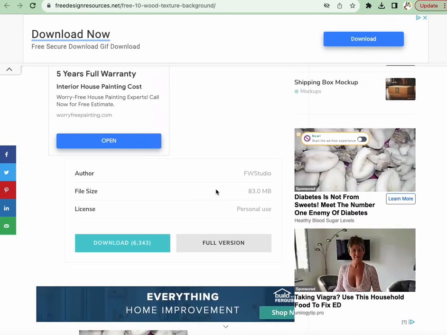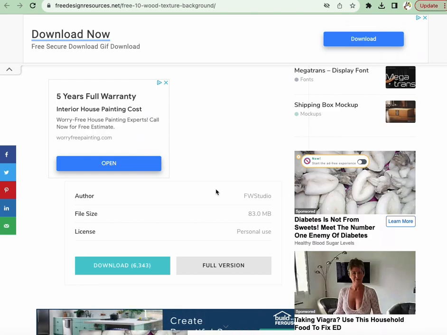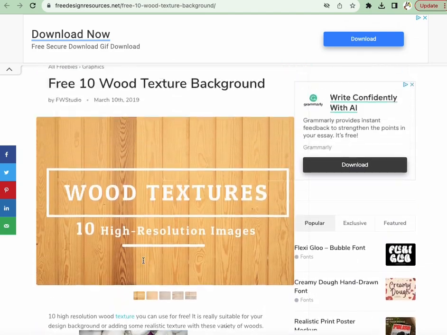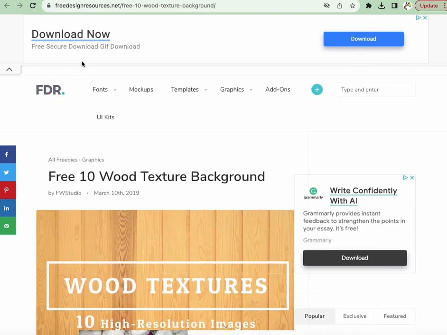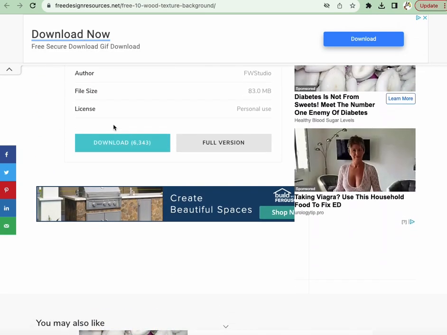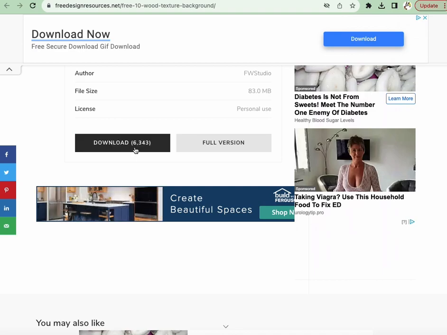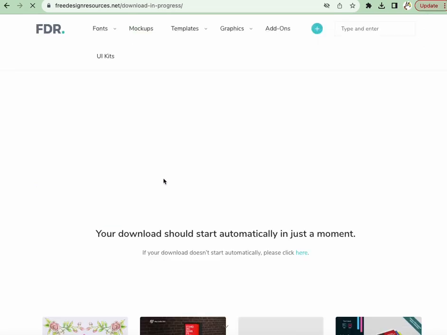Some places ask for viewpoints and membership and stuff, but as you see, there are many places providing free images for free. So I'm going to download it.